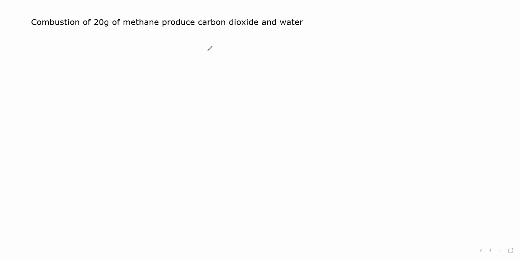The balanced equation is that methane, CH4, burned in the presence of oxygen, complete combustion, results in the formation of carbon dioxide and water vapor. First we have to balance this equation. When a combustion equation is there, start with carbon, followed by hydrogen, and at the last oxygen. So one carbon is balanced, for hydrogen we put 2, and for oxygen, it's 4, so we put 2, oxygen is also balanced. So this is a balanced equation.